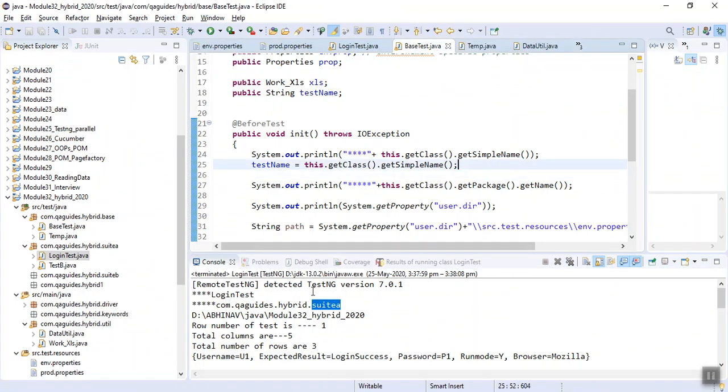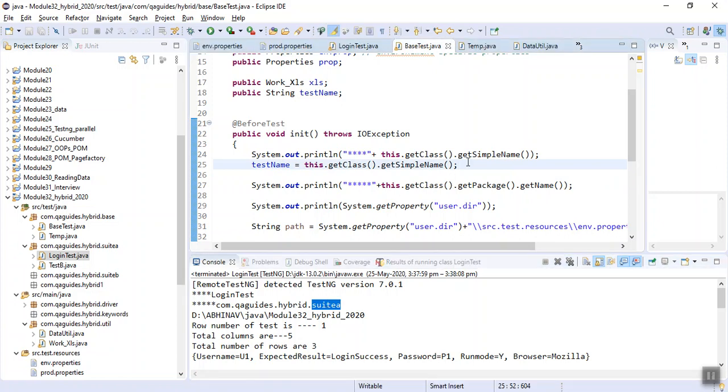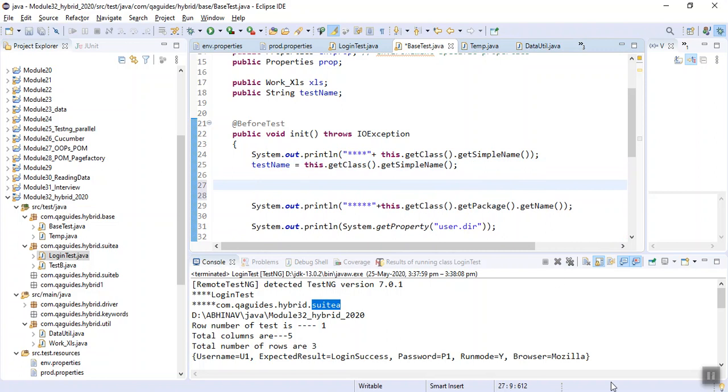Now I have to extract this suite. So what I will do here is split.